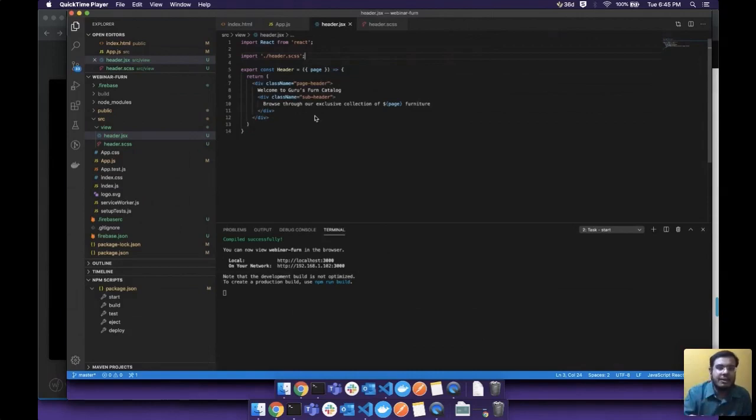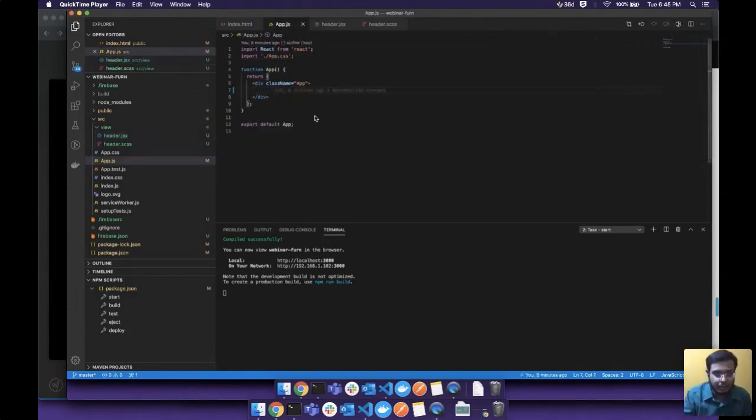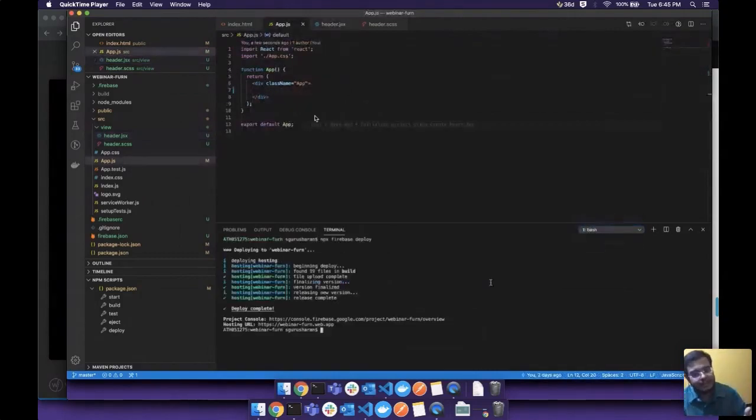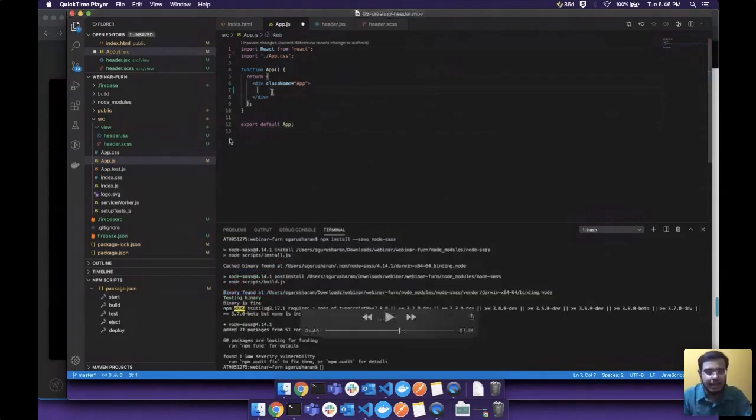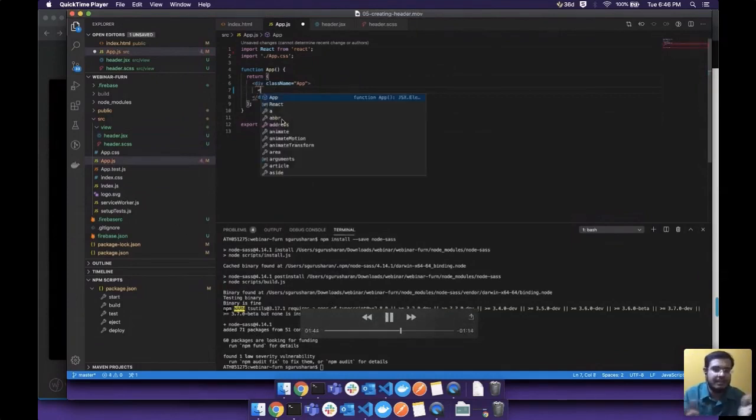And because I use a third-party library called Node.Sass, I'm supposed to install that third-party library. So how will I install? I say npm install, save. Any third-party library that you use, you say npm install, save Node.Sass, right? So it takes some time to install. Once it is installed, you can use it actually. You don't have to import it, it just becomes available for you.